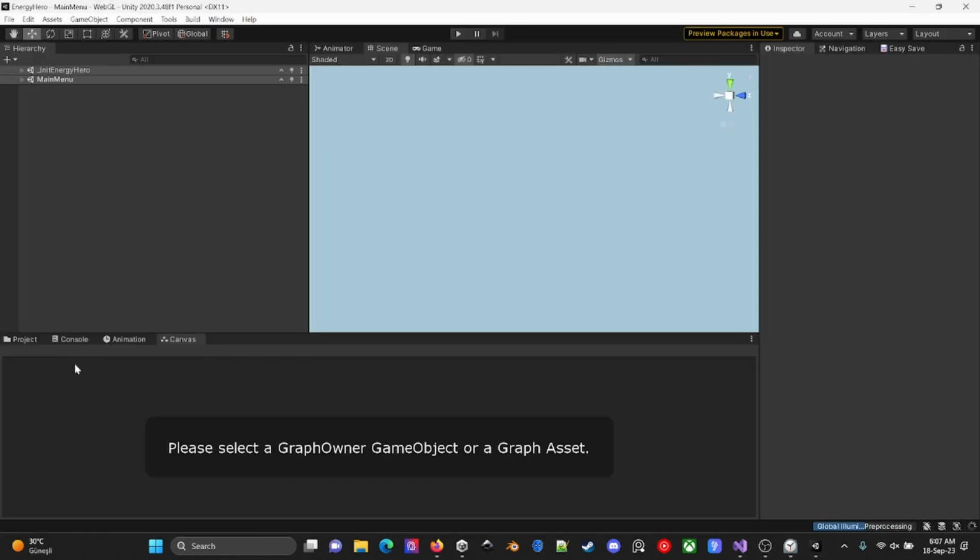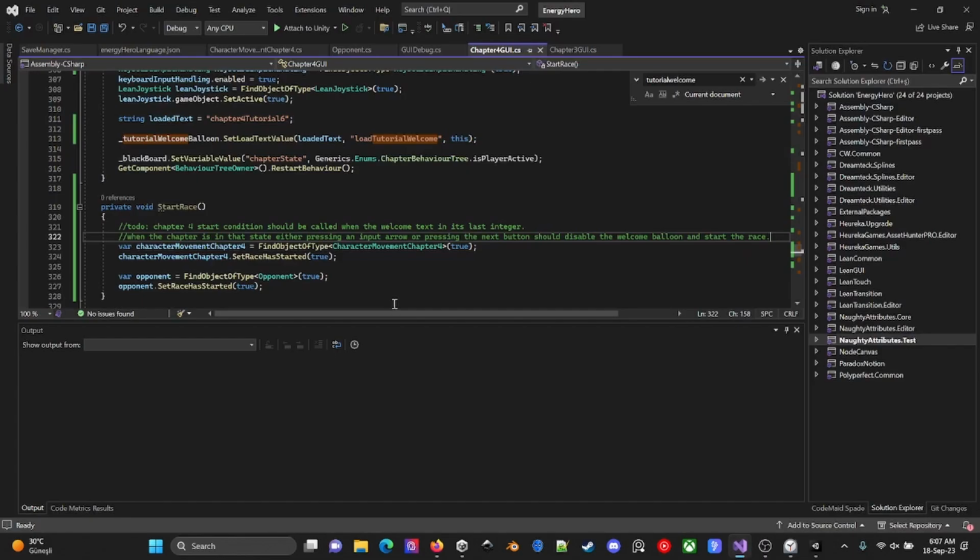Actually, yesterday where I left off was the chapter 4 starting section. In the chapter 4 starting section, I had a problem with starting the race, starting the game, and I needed to change some variables before the game.